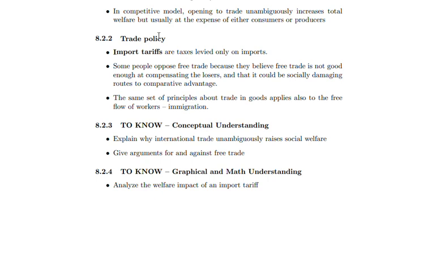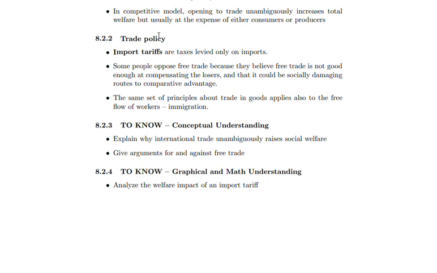So they want the government to impose some tariffs on imports. So those taxes can compensate those losers, either the producers or the consumers,